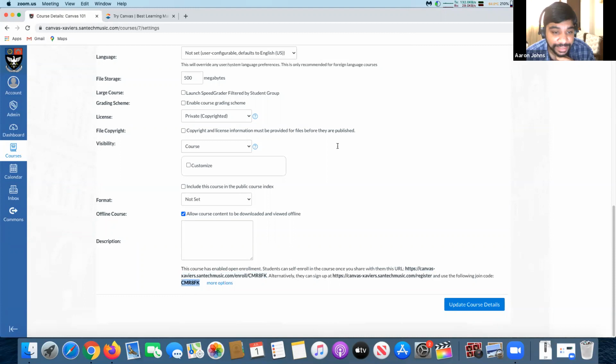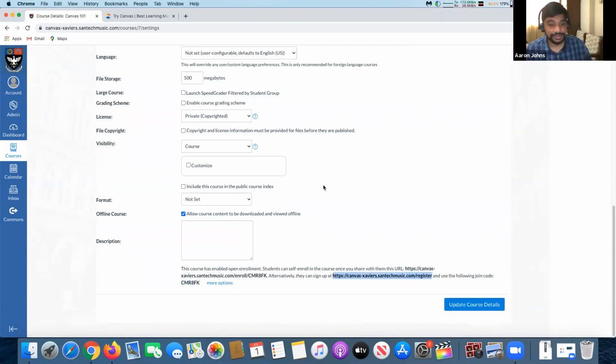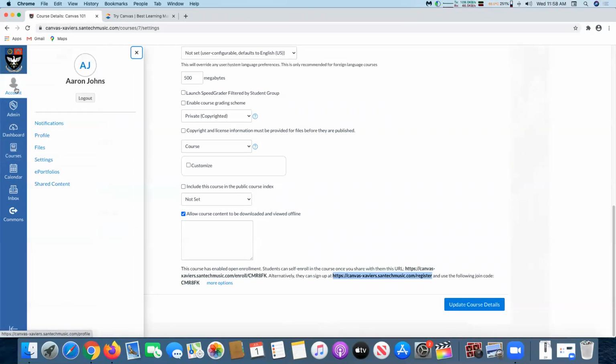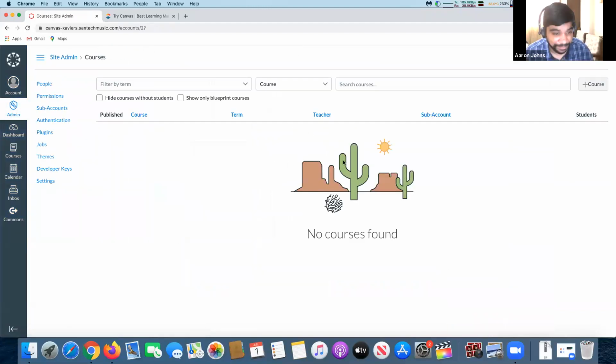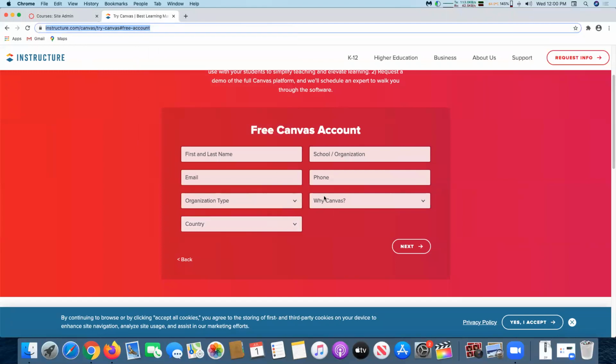Okay, after putting in the email, it says invalid password because I think you didn't create an account. That's why it says that, because you'll have to register yourselves on the system. Let me show you how. Basically, they'll have to go to the Canvas instructor site. This is the other site which I created for them so that they can test it out, because Canvas instructor will take a little while to get an account. You have to come to this free account and create it and then write your name.